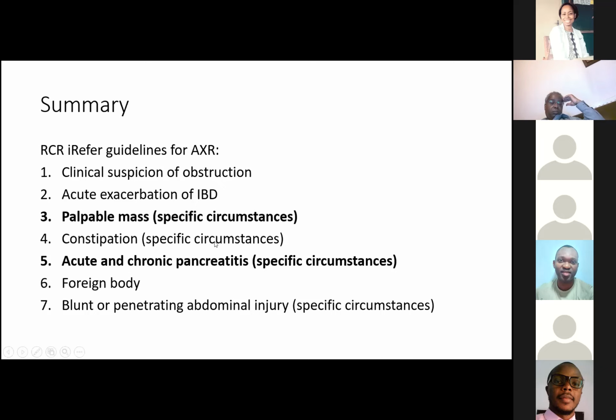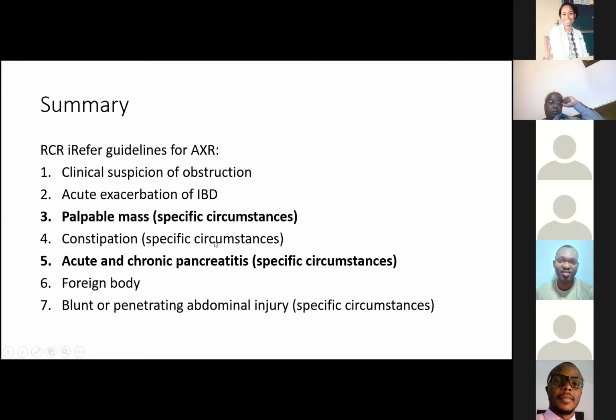And in fact, in all of those cases, the patients will invariably end up getting a CT scan. So there should be a caveat on number one, in the sense that I firmly believe if suspecting obstruction and the patient comes acutely, skip the abdominal X-ray, go straight to CT scan. The times when I would do an abdominal X-ray would be for your recurrent attenders, patients who've been in several times and you want to limit the dose of radiation, or maybe even your older patients, your recurrent sigmoid volvulus,